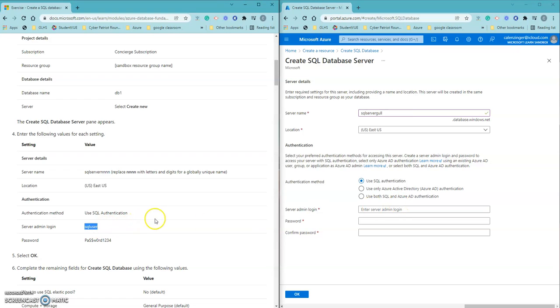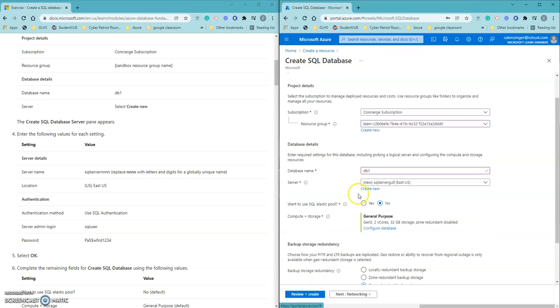We're going to need the server admin, and then they tell us to use this password, which we'll copy over. Make sure there aren't any spaces or anything, or that we don't miss a number. And also, if you're actually making an actual database, please don't use a password such as this. This is probably one of the easiest passwords to crack, and it is not very secure. But with that, we're going to click OK, and